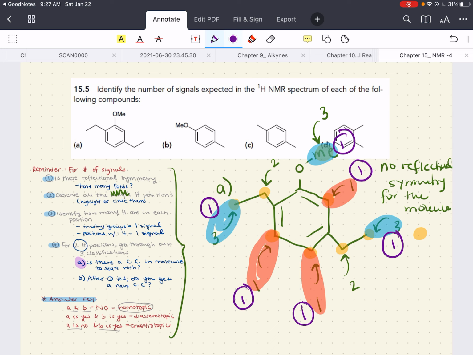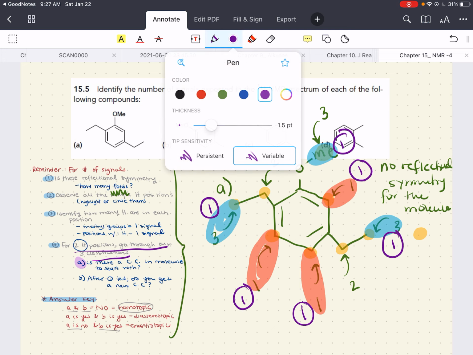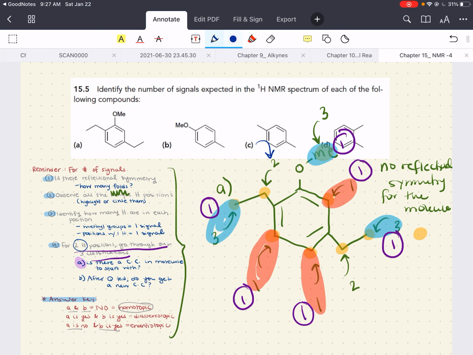Now for the positions with 2 hydrogens, we go through our classifications to figure out whether those 2 hydrogens in each of those positions are chemically equivalent or not. The hard part is figuring out if these positions with 2 hydrogens are chemically equivalent or not. So what are we going to do? We're going to draw out both hydrogens at this position. We'll start here. Cool. Now, if we replace